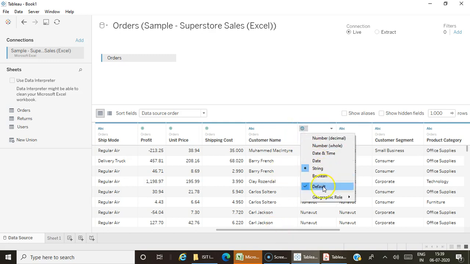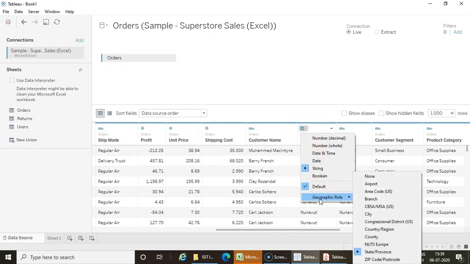Along with that, we should also set the geographical role. So you have these many geographical roles, whether it is a country or a state or a city or a region, or it is a zip code or a state code or an area code, airport. So according to the roles, you need to map the corresponding geographical role. Only then you can use that field to create map visualizations in Tableau.